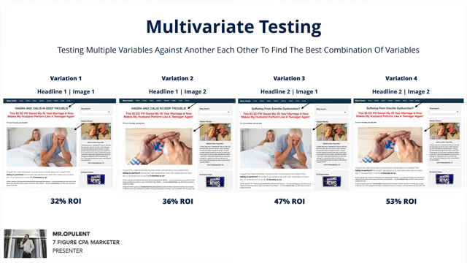And all of these headlines and image combinations, they're going to be rotating against each other to find the best combination, right, that does the best. So for example, variation 1 might do a 32% ROI. Variation 2 might do a 36% ROI. Variation 3 might do a 47% ROI, and variation 5 might do a 53% ROI. And then from that point, we're going to send traffic, right, all of our traffic to all these variations. Once we've got some statistically significant data,